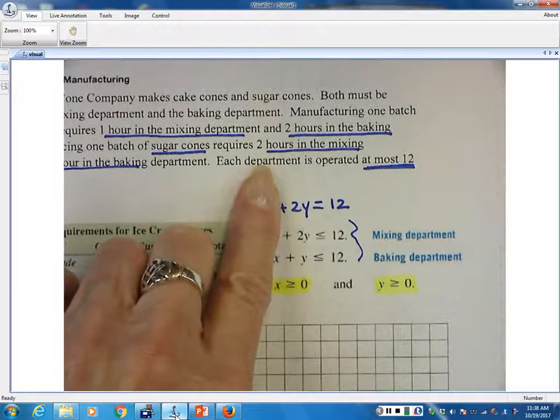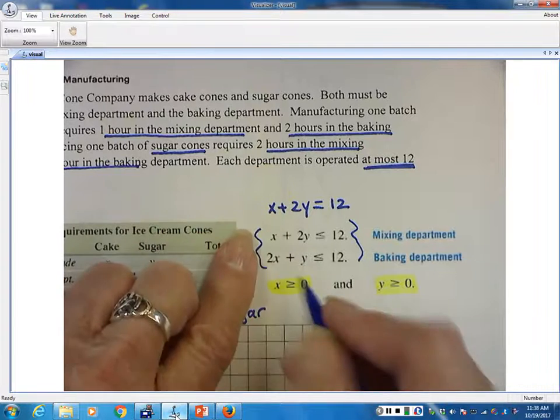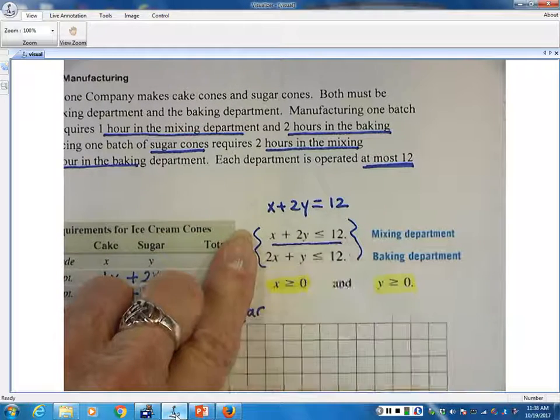Which one are you on here? X plus 2y? The first one, x plus 2y is equal to or less than 12, but I'm using equals